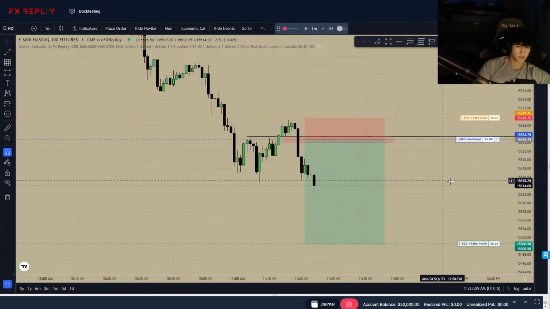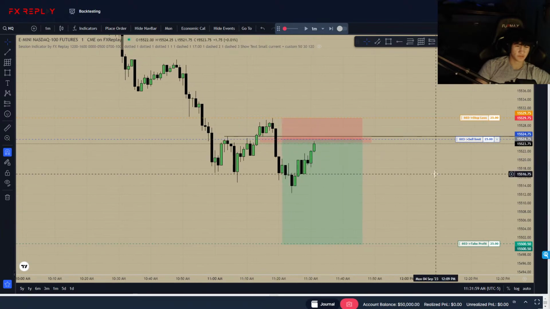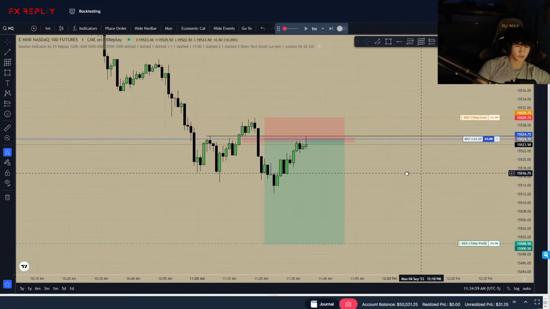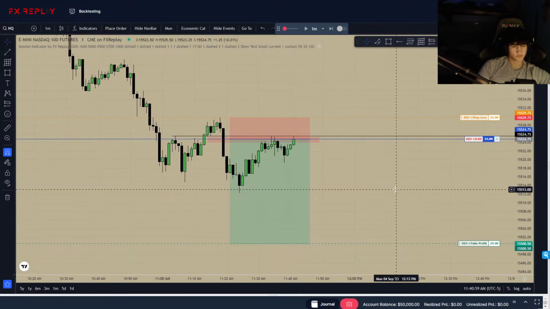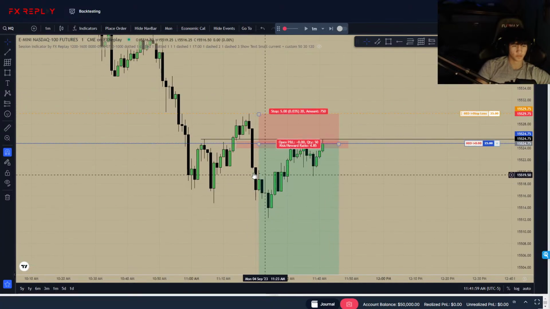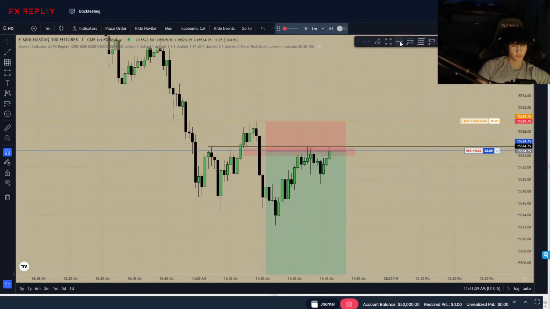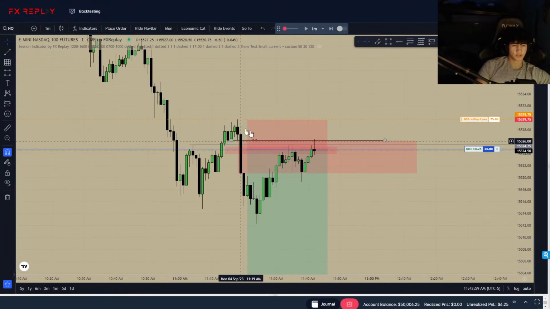Let's see if we get tapped in, filled. I don't think we will. Yeah, just because we have this hair time from BPR. I think we'll get close. Tapped in currently. Let's see what we do. Okay, let's see. We just took out this low. We're pushing up higher. Had a small market structure shift, but we are trading inside of this fair value gap. Plus, we have this order block up here. So this trade idea, it's still valid until we start invalidating some of this stuff up here.